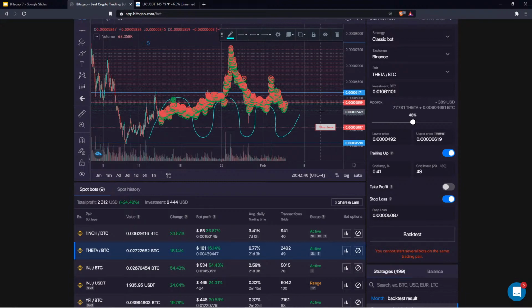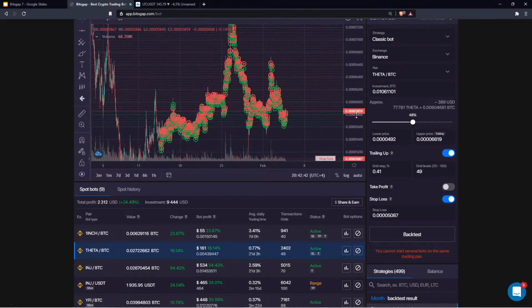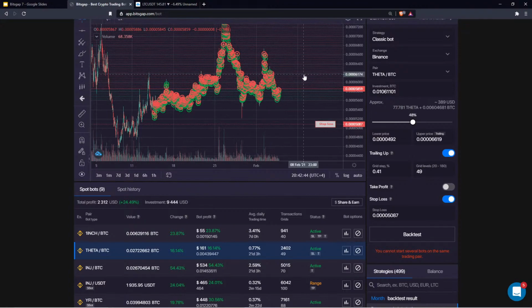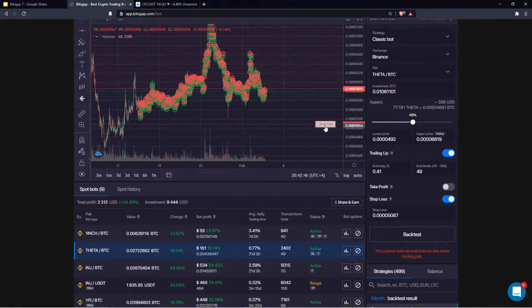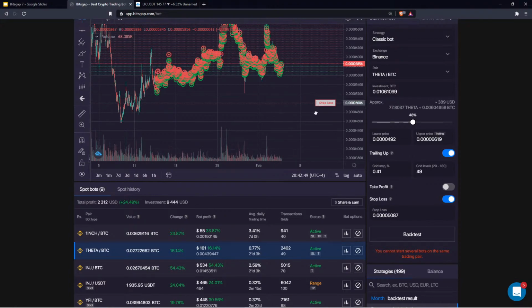And of course, this requires me to set my stop loss somewhere in another area. So it no longer makes sense for me to have my stop loss over here where it was initially set. Now it makes sense to put it below the current support line, which is somewhere around,